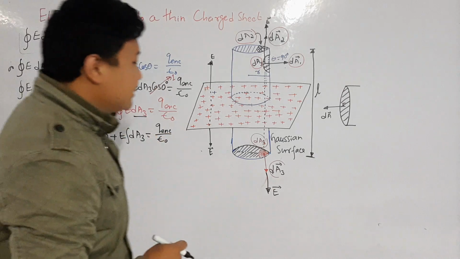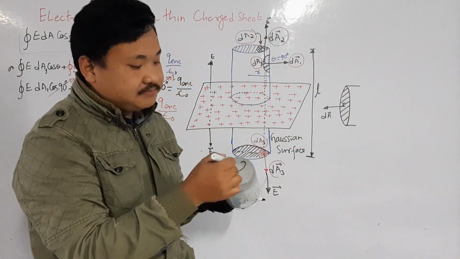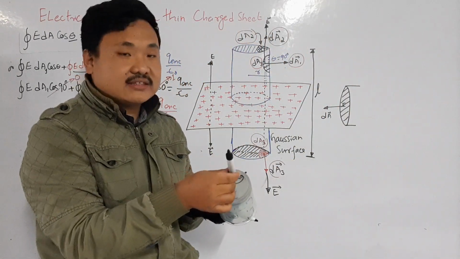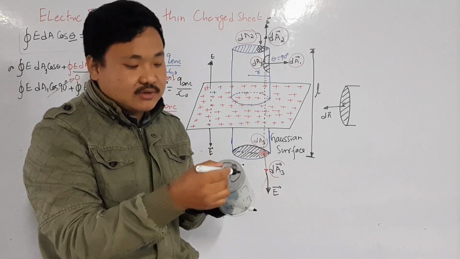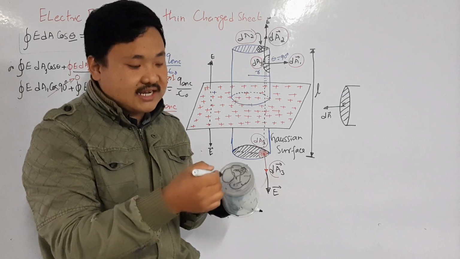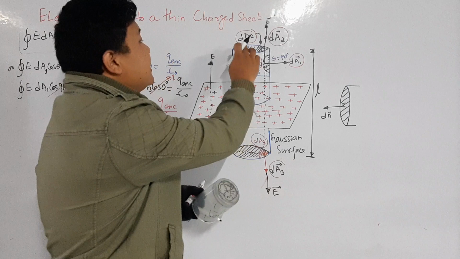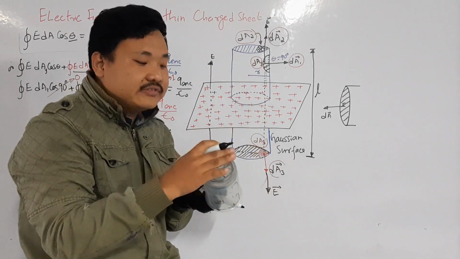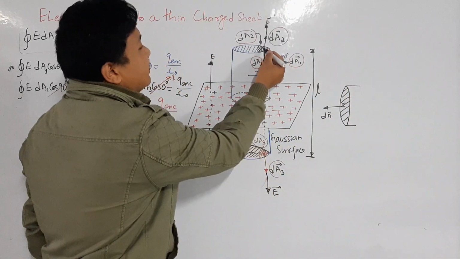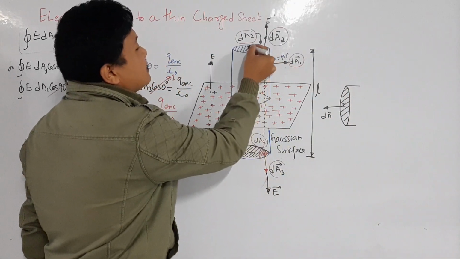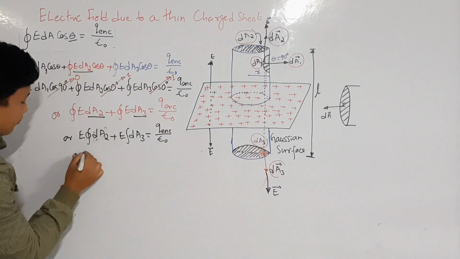Now what is dA3, dA2? dA2 is this, okay, small area, isn't it? And this is like this. Now if I integrate this dA2, I will get this much, this much, this much and this much and all of this. It means that if I integrate dA2, I will get the area of this circle, right? Isn't it? So if we integrate this, we will get this whole area. Area of what? Of the circle. So what will be the area of the circle?